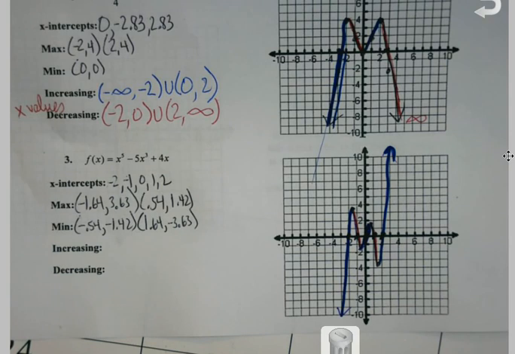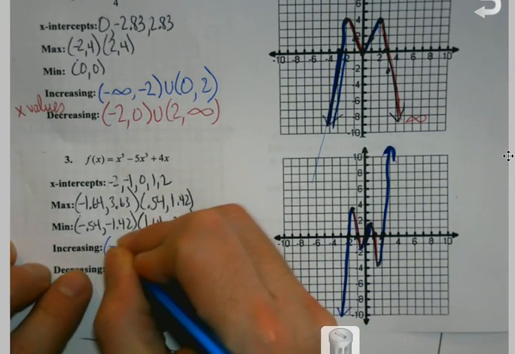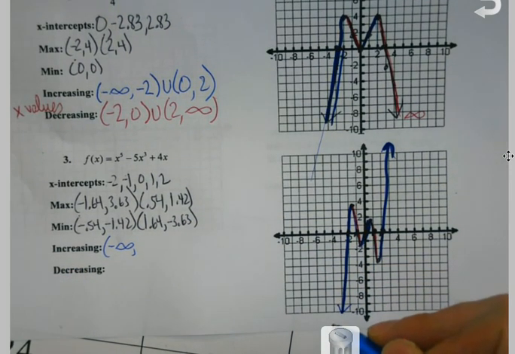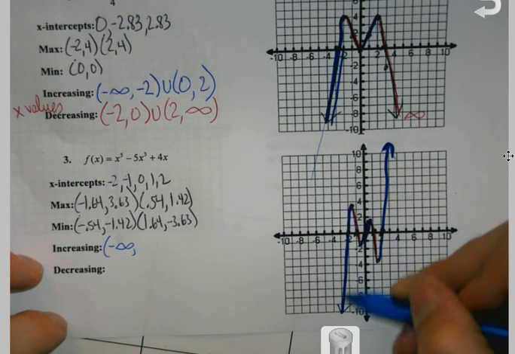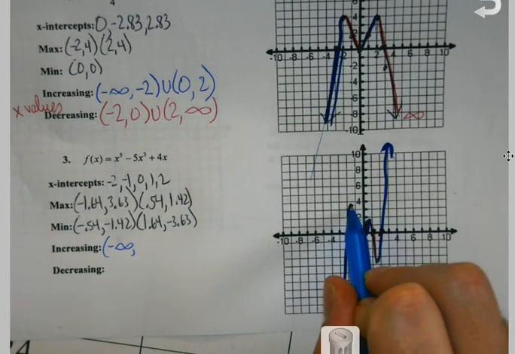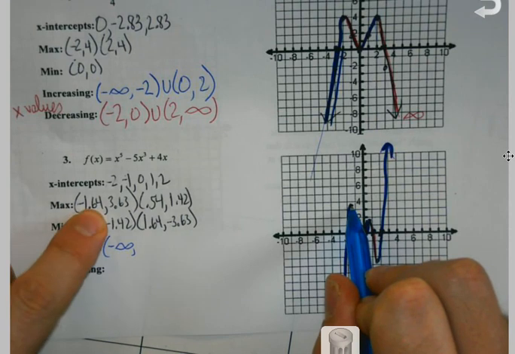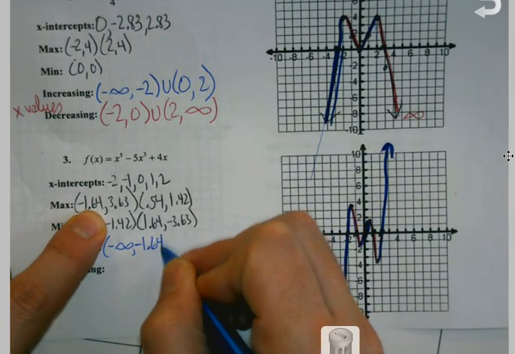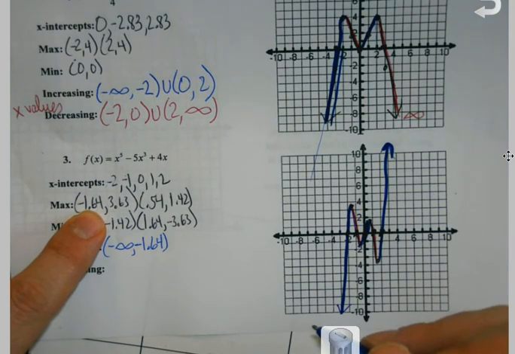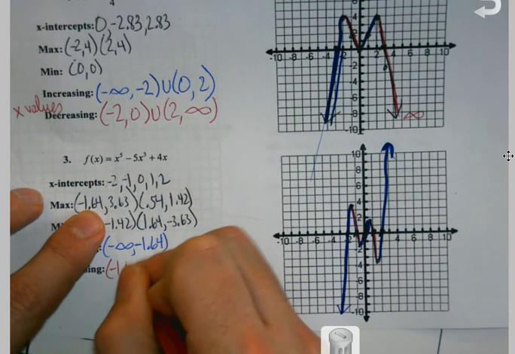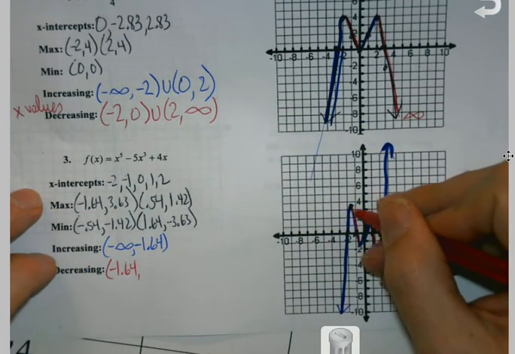So, okay. So I get here and I say, okay, let's see. Increasing. Negative infinity, because again, this is going to keep going to the left forever. Not down, but left. So I come up. What's my x value of my first maximum? Negative 1.64. Okay, so negative 1.64. That's why we had to find it. So you're like, okay, that means the other one starts there then, which is true, and goes down to